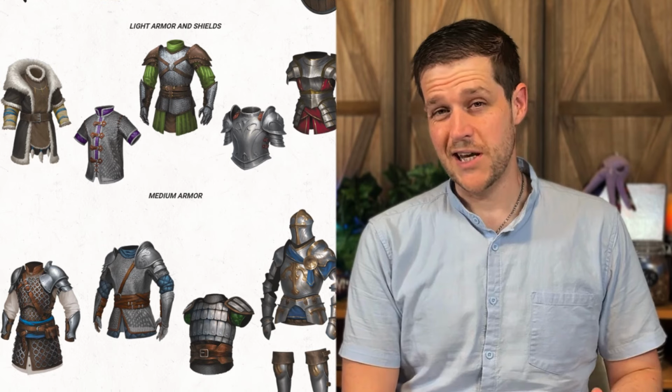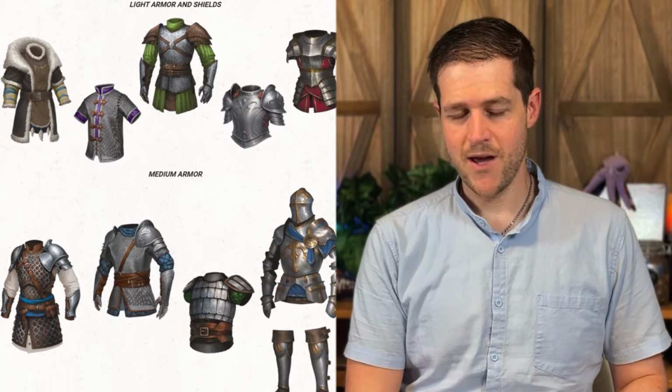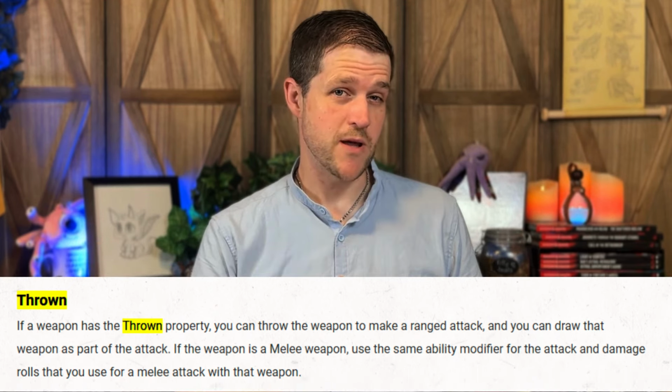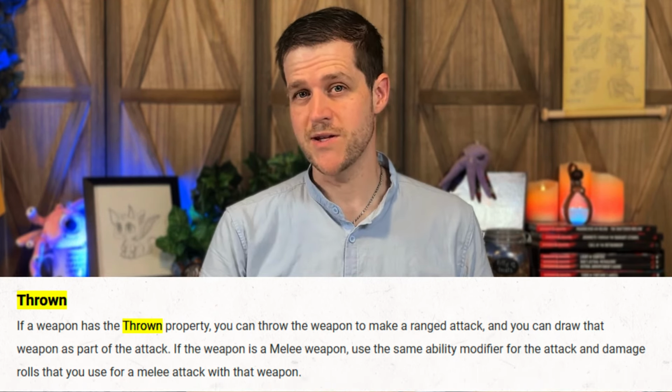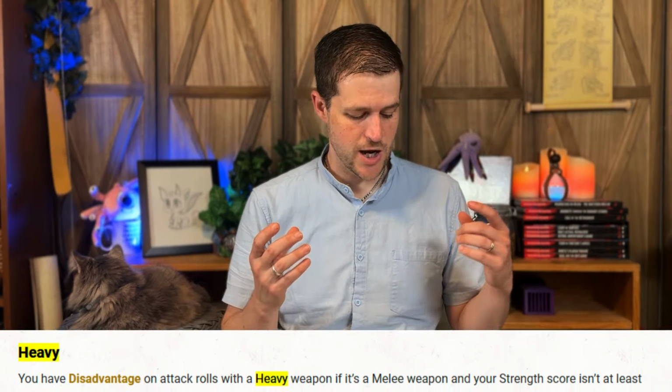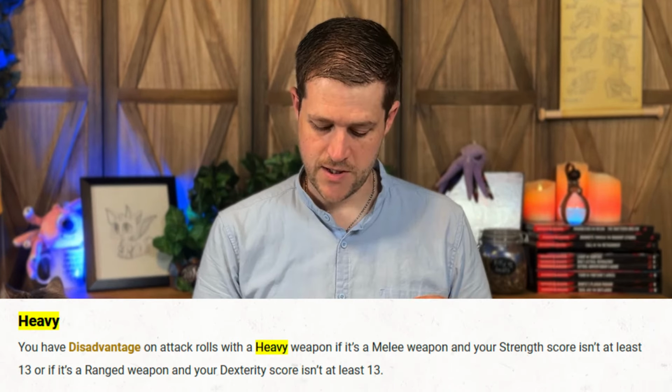They're just leaning hard into the a-picture-is-worth-a-thousand-words kind of thing, and I think that's pretty neat, especially with full color art that really details it out and gives you an idea of what you're getting yourself into. They also updated weapon traits just to tighten the language a little bit and made a handful of small feature changes that actually really help in gameplay as well, like the minor changes to the thrown property that allows you to draw the weapon as part of the attack so that you're not worrying about whether or not you have access to it,